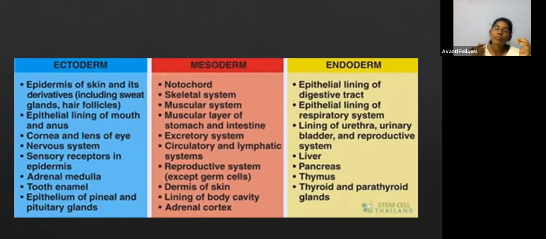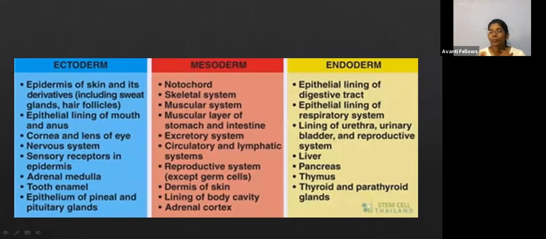And what about the mesoderm? The notochord will form by the mesoderm, and the skeletal system is also formed by the mesoderm. The muscular system, the muscular layer of the stomach and intestine is also formed by this. Excretory system, circulatory and lymphatic system, reproductive system, dermis of the skin, lining of the body cavity, adrenal cortex, everything by the mesoderm. Next is the inner layer, endoderm, which develops as the epithelial lining of the digestive tract, the complete digestive tract,